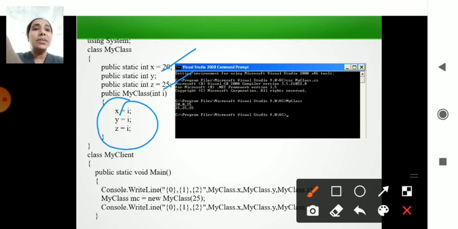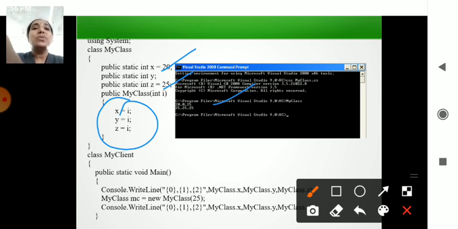When it is printed, you can check that in the beginning, when those variables are called, they will be initialized with the beginning values, that is 20, 0 and 25. But when it is called with the i value, which is taken as 25, that value is replaced, giving 25, 25 and 25.